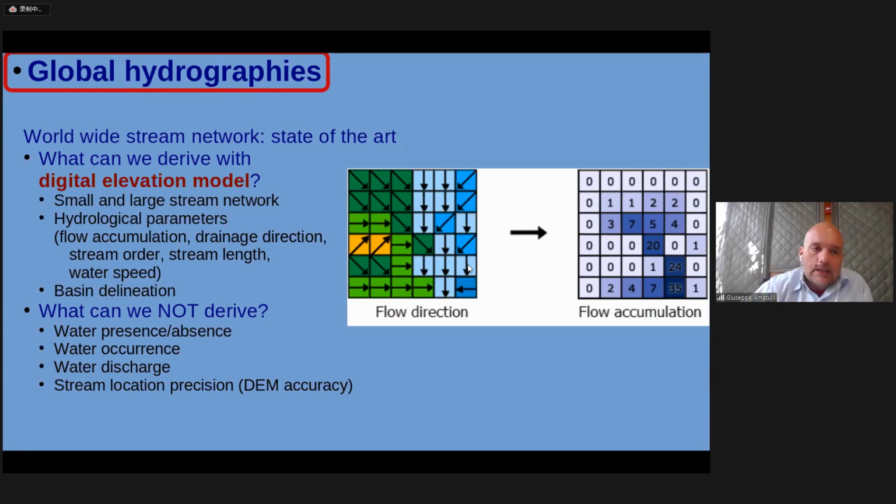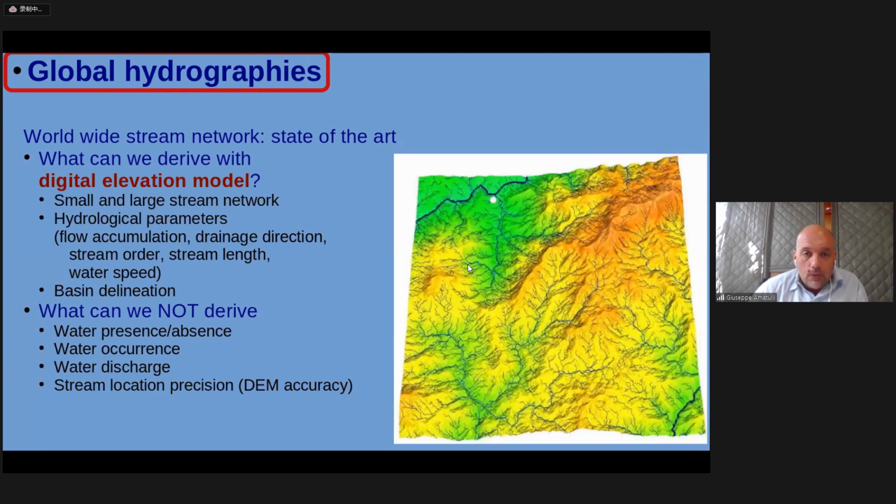It can help us in understanding water presence, water occurrence, and even water discharge. But the combination of the two, the stream network and the satellite presence as water occurrence, can really help us in understanding the amount of presence of water